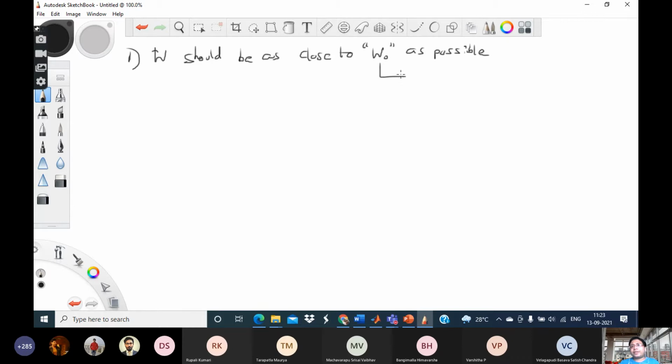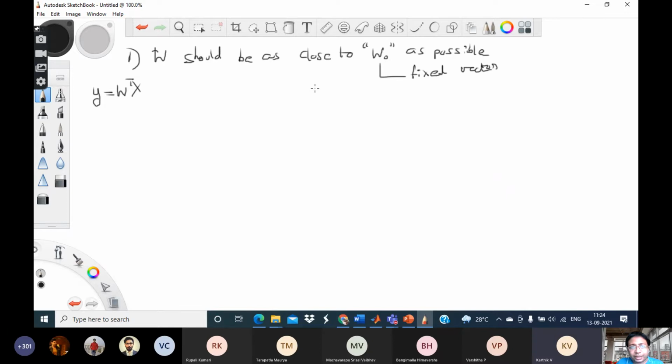So let's say that I have my favorite W0 vector with which I want to make my predictions like this, W transpose X. But I know that W0 by itself may not give a very good prediction. So I have to make some adjustments. I have to allow other values of W, but I am still insisting that this W should be as close to W0 as possible. Okay, so this W0 is a fixed vector.